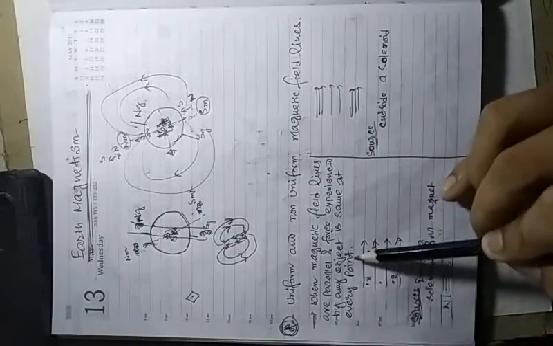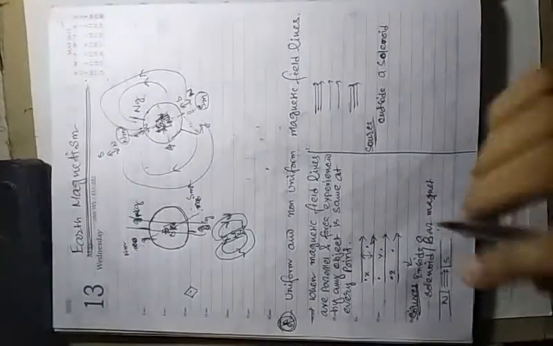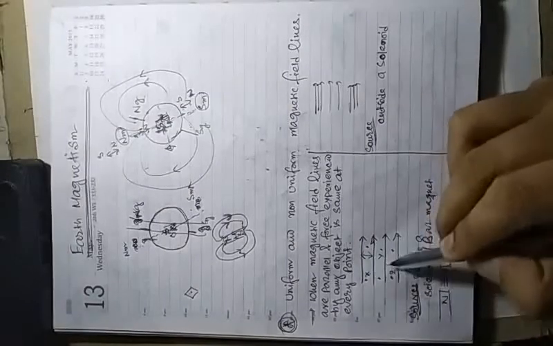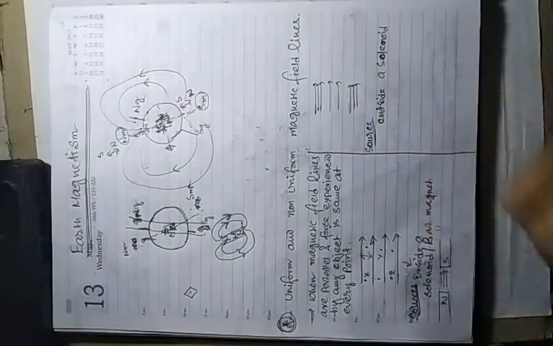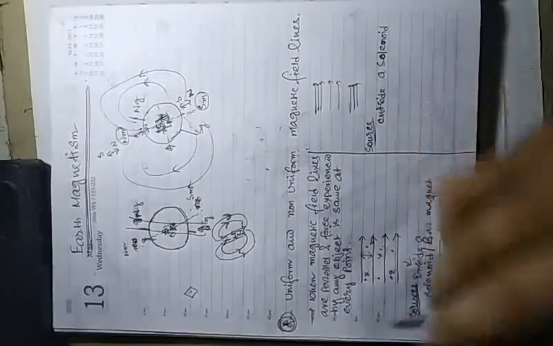Okay, now students, uniform and non-uniform magnetic field lines. What is uniform? When magnetic field lines are parallel and the force experienced by any object is the same at every point. In the previous lecture I explained, suppose the lines are equidistant. Equidistant lines experience equal magnetic field. I hope you watched my lecture. So here also once again I am explaining. You can see x, y and z. If I take 3 points on this line, the magnetic field at x, y and z points are equal.